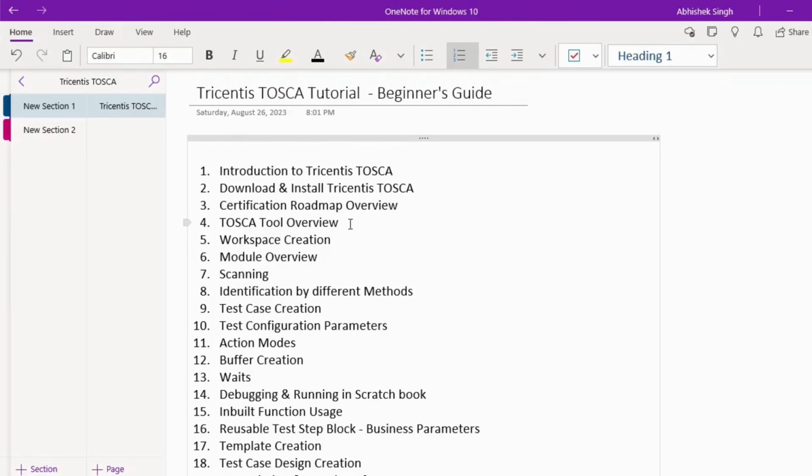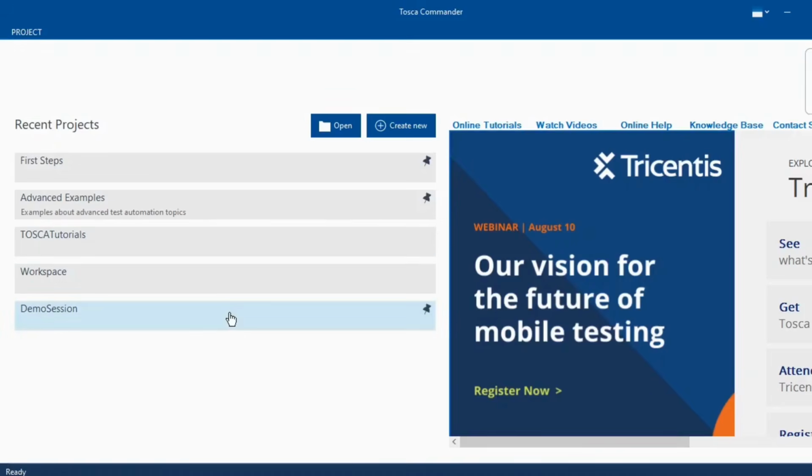Now coming to the fourth topic, TOSCA tool overview. Before entering into TOSCA, we have to create a workspace. So I'll just move this to the fourth point, and I will move this to the fifth point. So coming to the fourth point, workspace creation. In order to work with this particular tool, first of all, you need to create a workspace. Here you will get this create new option. In case you are creating a new workspace, and in case you already have a workspace created, you can click on open and then select the workspace which you have created. So if I click on create new,